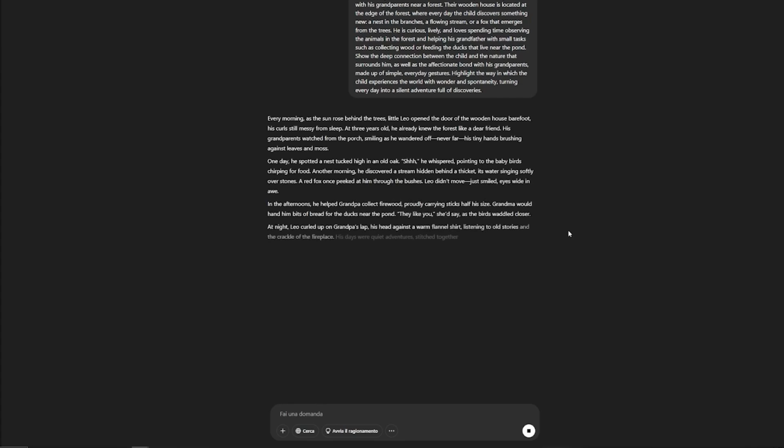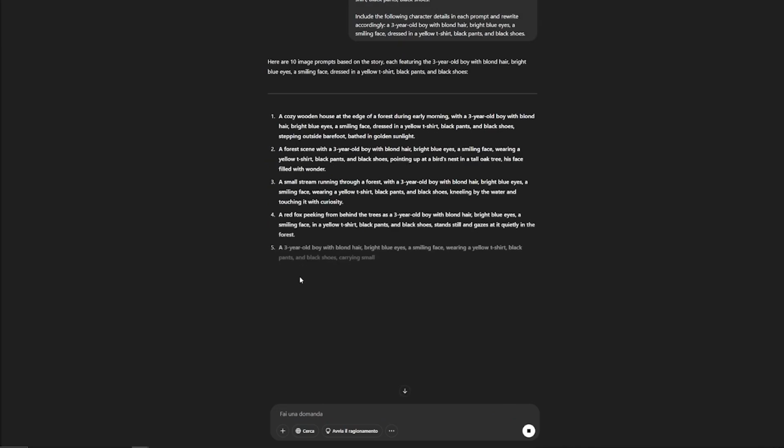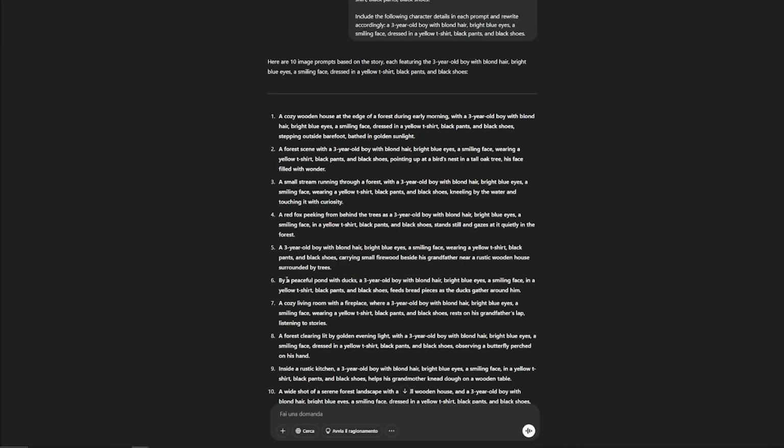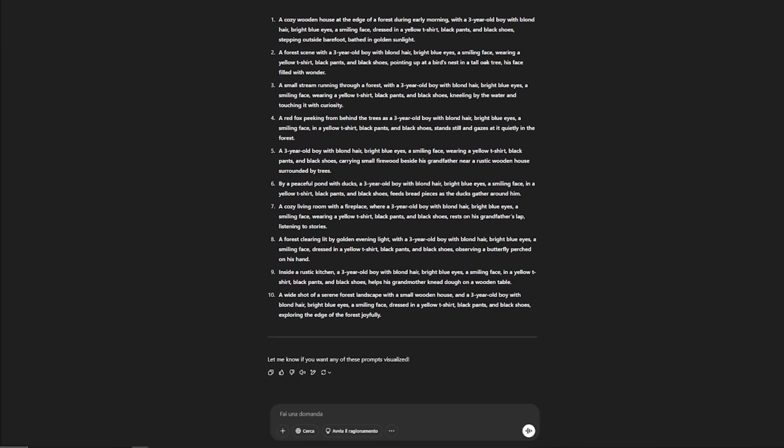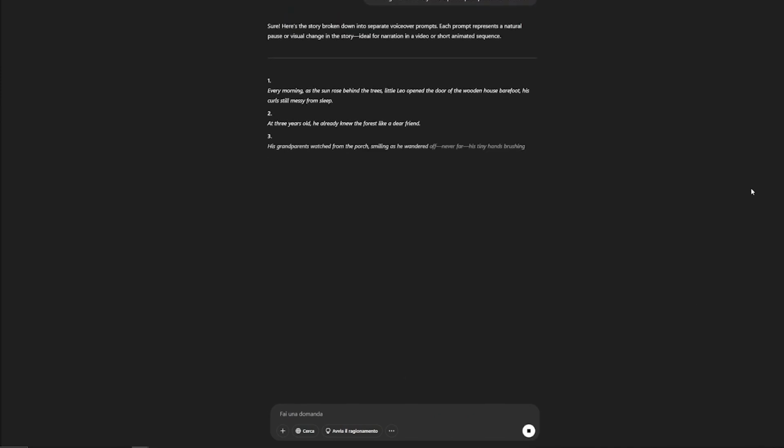Press generate. Now the next step on ChatGPT is to generate the prompts for our images. In my prompt, I wrote to generate 10 story images with these details. ChatGPT has created 10 prompts for our images for us. Now we need to tell ChatGPT to create a voiceover for our story. Copy and paste under the previously created story and press generate. In a second, ChatGPT will provide us with our voiceover to create our video.